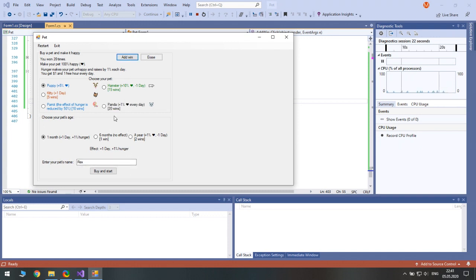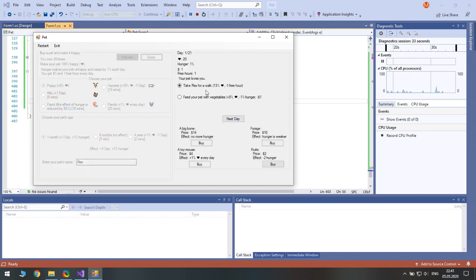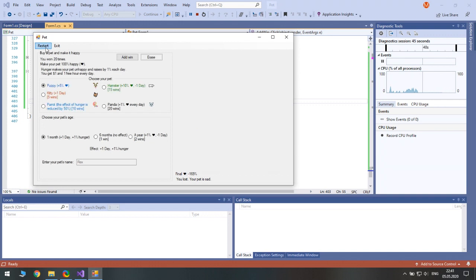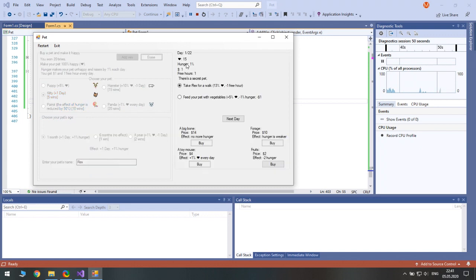So if we start as a puppy who has only 5% happiness initially, and we just take only the first option, we end with minus 169 happiness. If we restart and choose kitty, we will have 1 day. Yeah, we have not 21 but 22. And here we will have, yeah, even a lesser number.